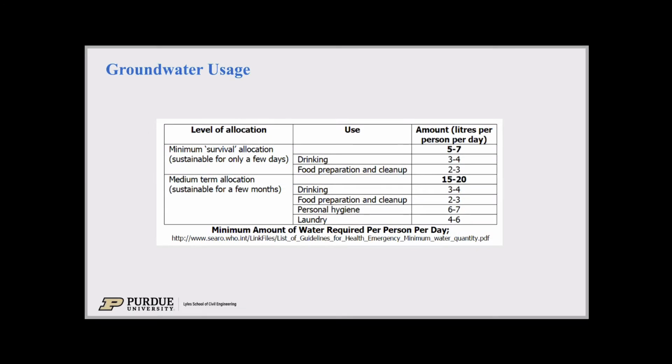If you remember the needs from last lecture, I talked about water for life and for livelihood. Here, the basic numbers are 5 to 7 liters just to survive for a few days, right? Just to drink, essentially, and then prepare food, if that. So this is really a strict minimum, like you won't survive without this much fresh water. Medium term is 15 to 20 liters. That allows you to have water for drinking again, food prep, and then some personal hygiene. Again, these numbers are the strict minimum; if you don't have it, you won't survive for long.